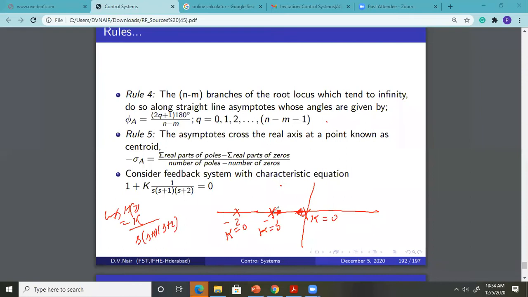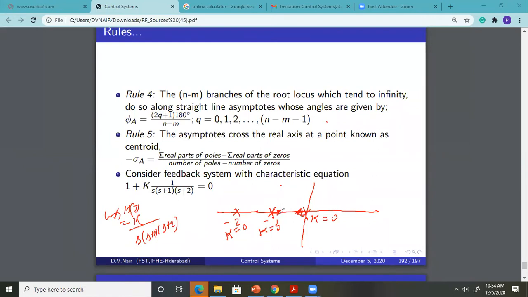Yes, sir. When a branch is originating here, for these points to be covered in its vicinity, it has to move here, right? Yes, sir. This branch can't come into the vicinity of this pole because all branches have to terminate at open loop zeros, not at any other open loop pole, right? Yes, sir. So naturally, they both start moving in their vicinity in this direction. So the angle of this is called the angle of departure. The next rule today is angle of departure only: how we find out at what angle a branch will leave the point of origin. That is called the angle of departure.